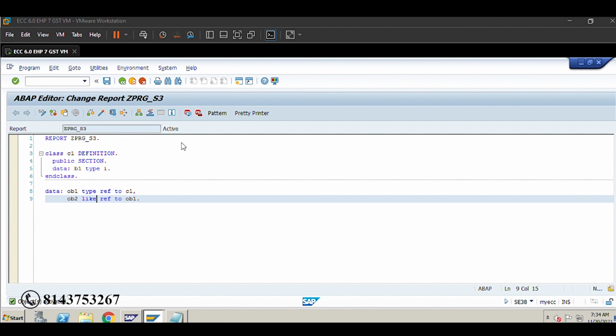SY-UNAME means the current user who has logged into the system, known as the current username. SY-MANDT: whenever we are logging in, we are mentioning a client number, so that client number will be carried in this variable.